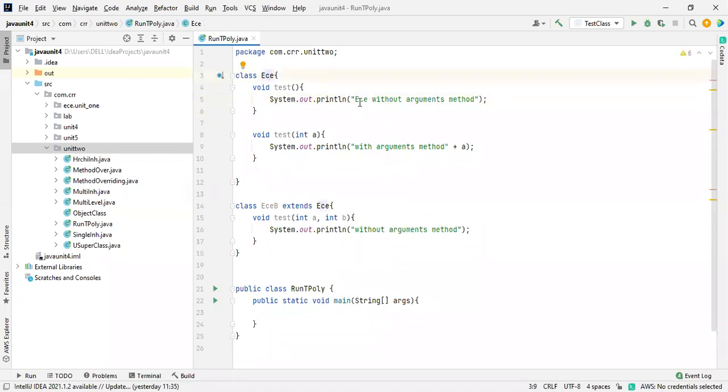So I want to show you the variation from which class we are going to print the value. This is also ECE, and this is from ECE B section. So I want to show you the difference over here as a variation. When we are going to print the values from this one, we need to know from which class we are going to take it. That's why I mentioned these things over here.